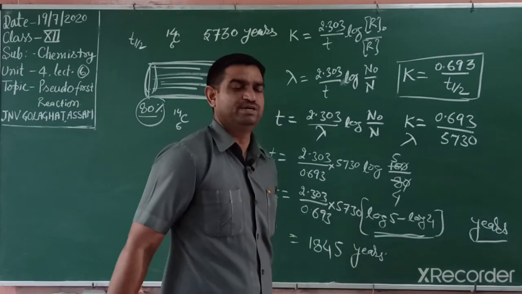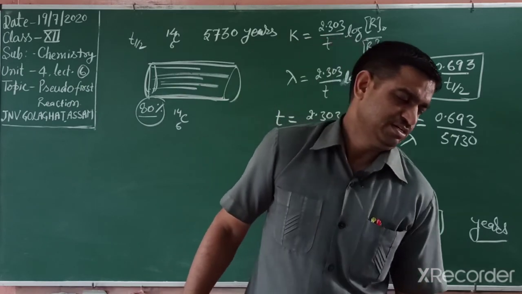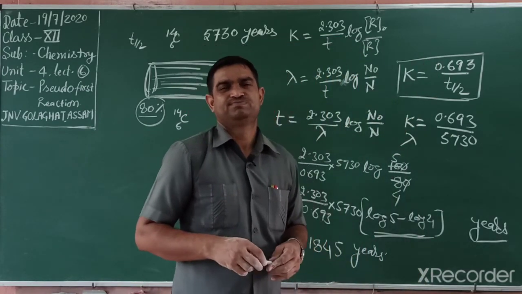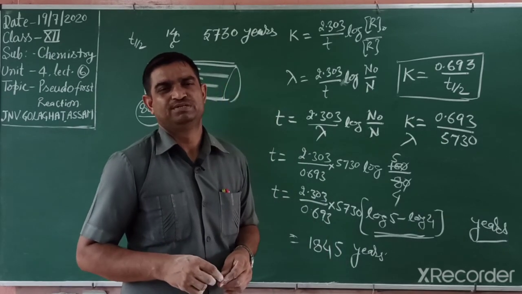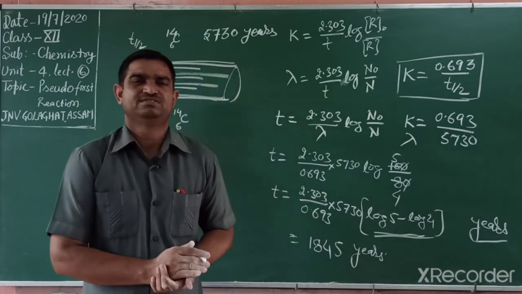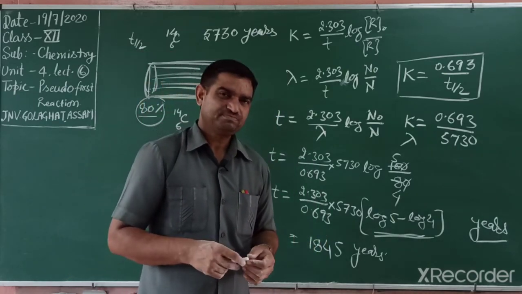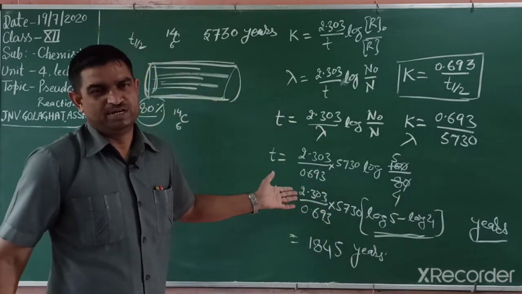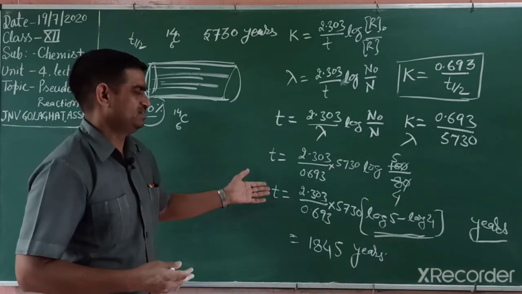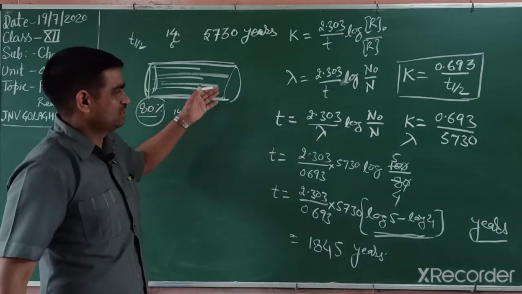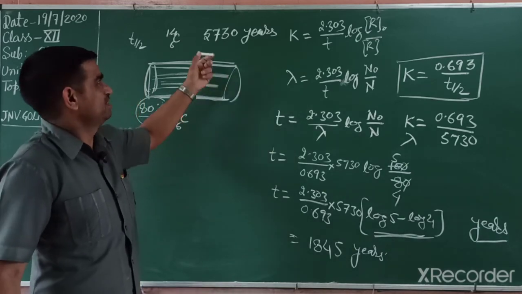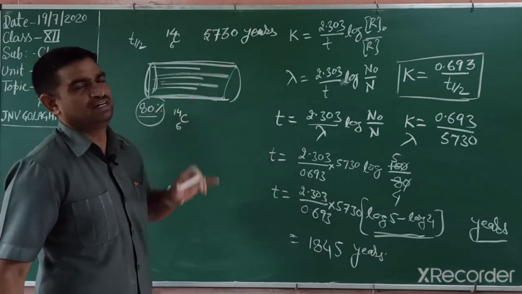There are two other numericals also given. In a newborn baby, strontium, a radioactive substance, is found in the bones in place of calcium, and the question asks what amount of strontium is found in the bones after 10 years and 60 years. That question is also solved in the same way. This numerical comes many times in the CBSE annual exam.